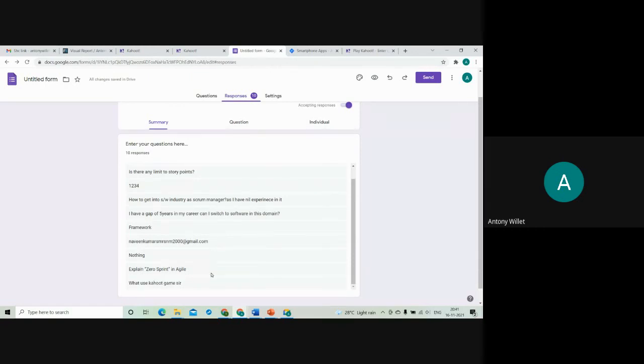Explain zero sprint in Agile. Okay, not exactly in Agile, it is in Scrum. We say that there is no separate requirement analysis, architecture analysis, or design phase in Scrum, right? In Agile, one team decides to use Scrum, but they have to do